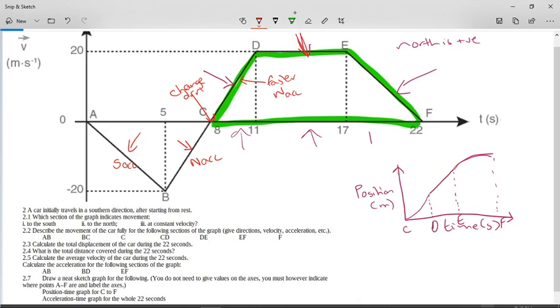In this section over here, there is zero acceleration. Remember, because we're traveling at a constant velocity. And then over here, the car is slowing down again. So when the car is slowing down while it's traveling north, this means the acceleration must be to the south because the acceleration is opposing the motion of the car. So if we draw this graph, can you see here? Let's highlight the southerly acceleration,